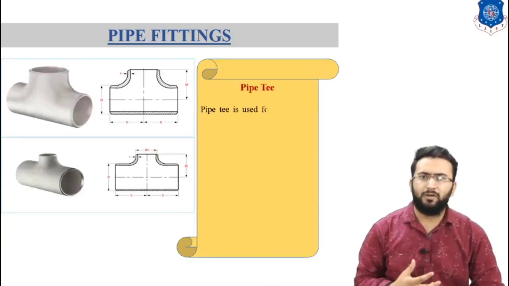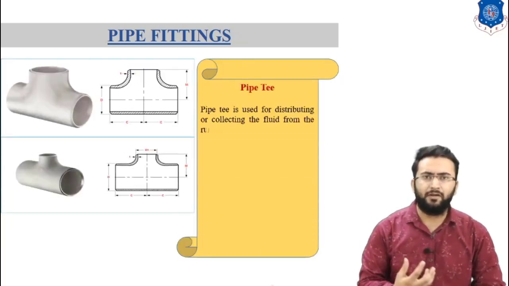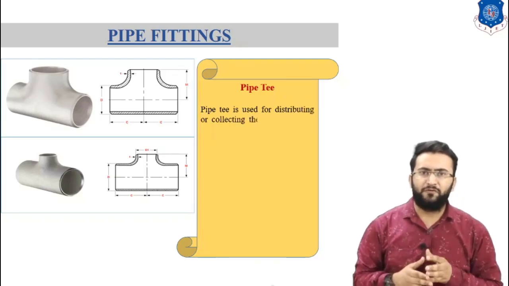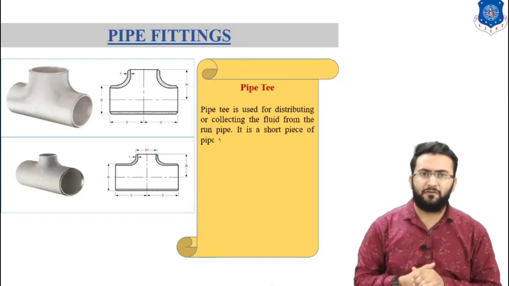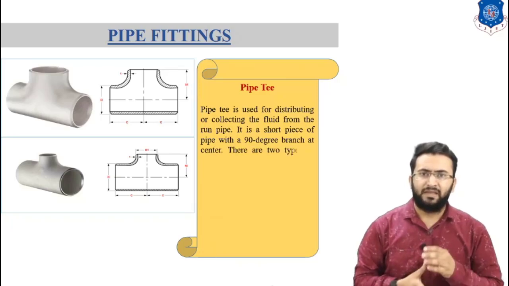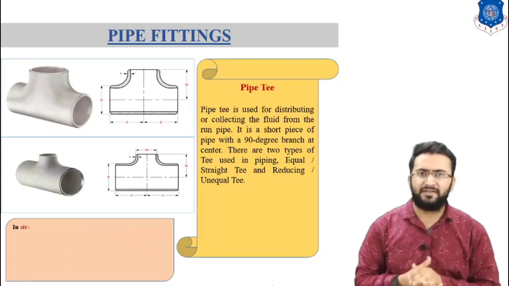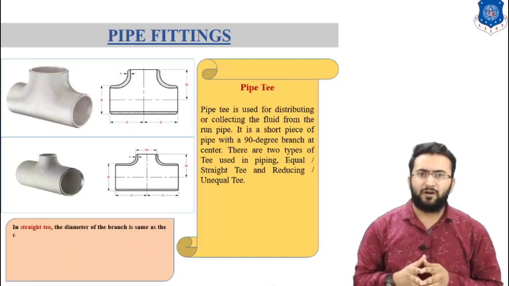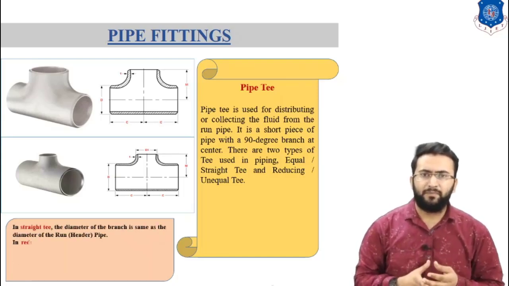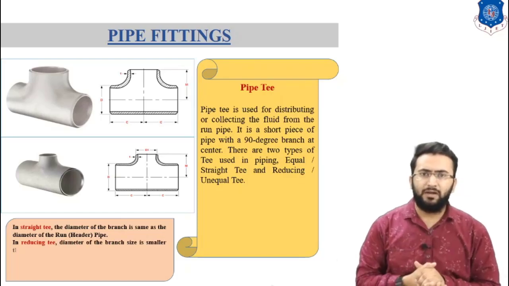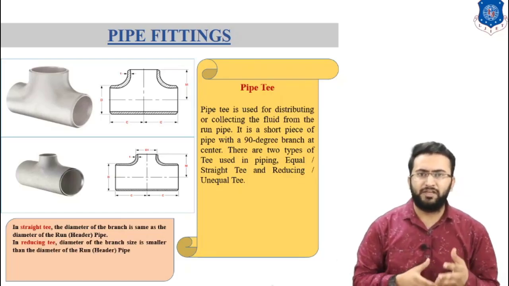Now let's talk about the next type of pipe fitting, which is a piping T. A pipe T is used for distributing or collecting the fluid from the run pipe. It is a short piece of pipe with a 90-degree branch at the center. There are two types of T used in pipe, such as the equal or straight T and the reducing or unequal